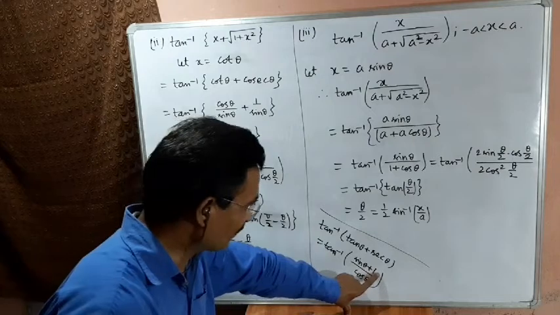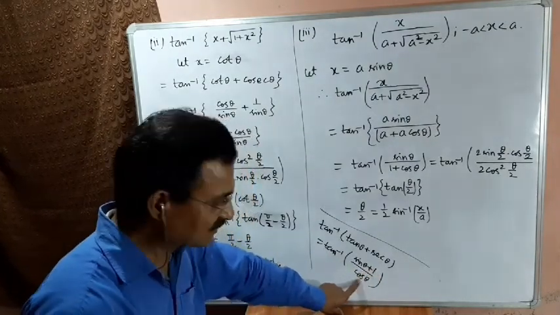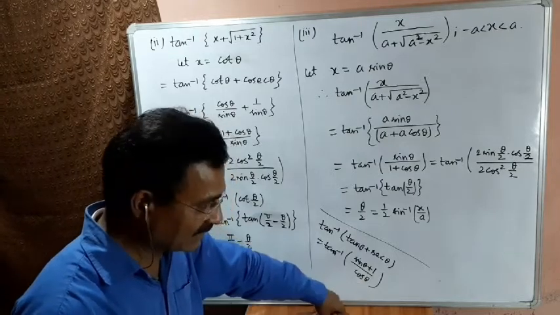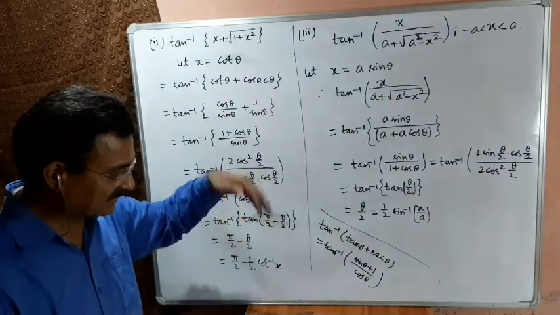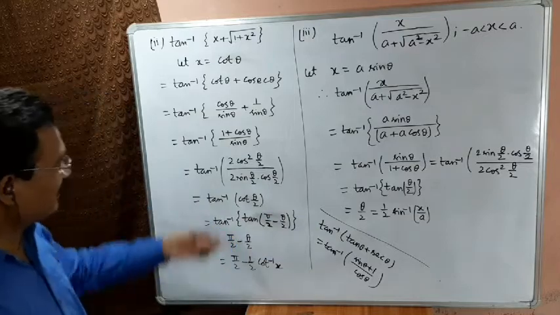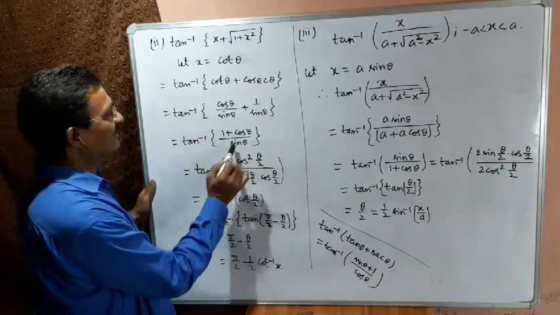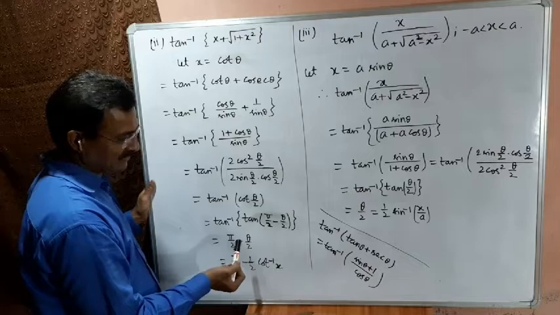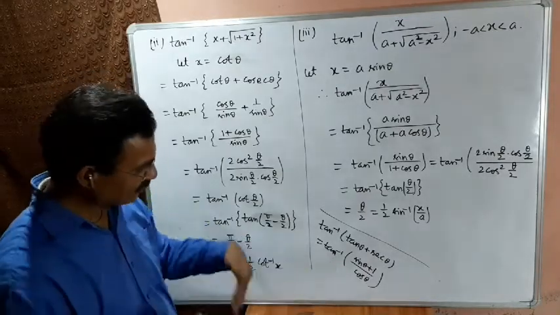This can be written as (cos theta by 2 plus sin theta by 2) whole square in the numerator, and in the denominator cos square theta by 2 minus sin square theta by 2. One factor will be cancelled out, and then again this will be arranged in the tan a plus b or a minus b formula. But in this way, this is more convenient: 1 plus cos theta by sin theta. Very simply, this can be written as cot theta by 2. Therefore, we got it directly. In the other process, it would be lethargy.